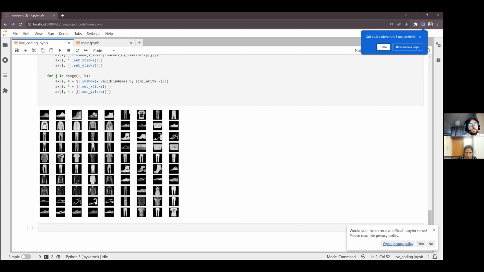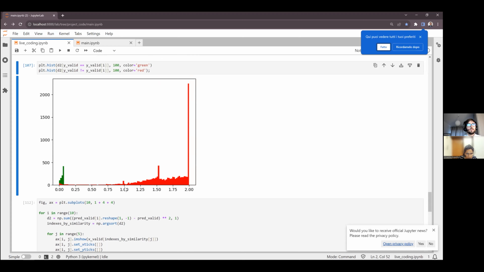There are some patterns. We can see that, for example, shoes are very different from trousers, but also some t-shirts there. This is not clearly a rule, and very dissimilar items are not necessarily something meaningful, because the model could put them in many ways. Remember, the model only cares about the margin. It doesn't care about putting dissimilar items at an infinite distance, but it does care to put them somewhat distant, at a distance of at least 1. The model has no incentive to put the items farther apart than 1, that is the margin.